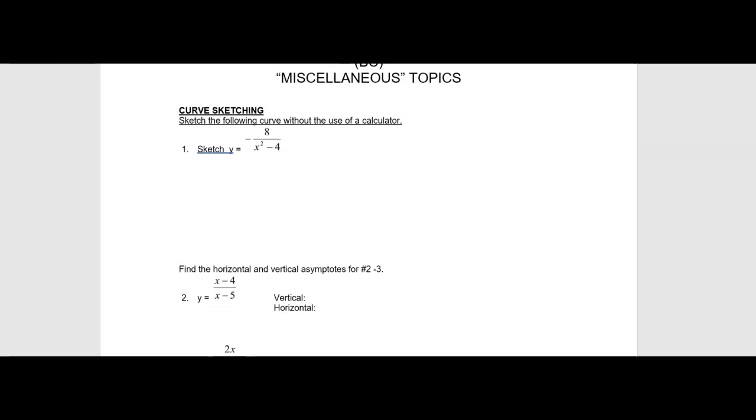So at the top, you'll see where it says curve sketching. This asks you to graph these without using your calculator. So the ones that you would have to be concerned about, this will be a good review. I do want to do this one. The one that you'll have to be concerned about, and what they've done to not have to worry about a